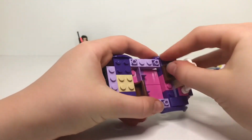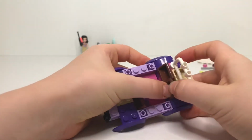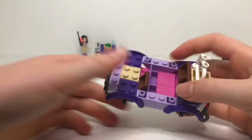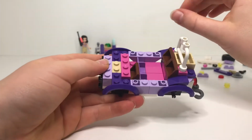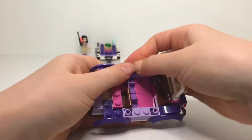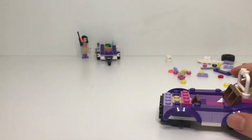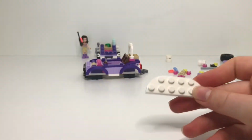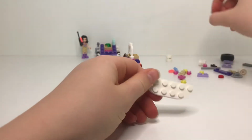And then of course some backrests, because when you're saving animals in the jungle you need to be comfortable, otherwise you're going to get very, very sore muscles. Anyway, we're going to fill in the sides now with some smooth pieces. Okay, so we're going to put the car aside now, and we're going to make the front of it